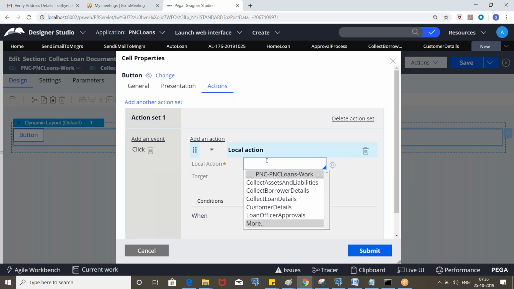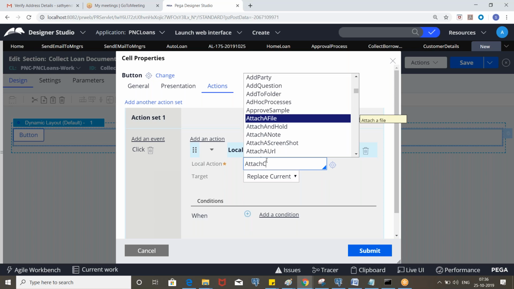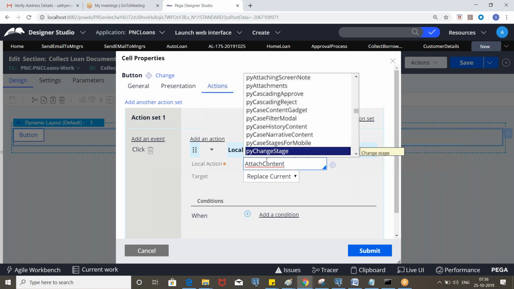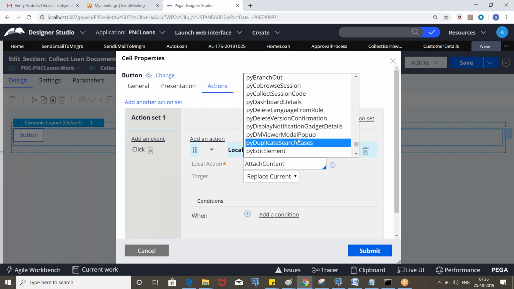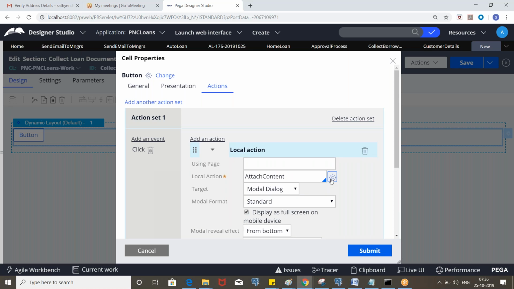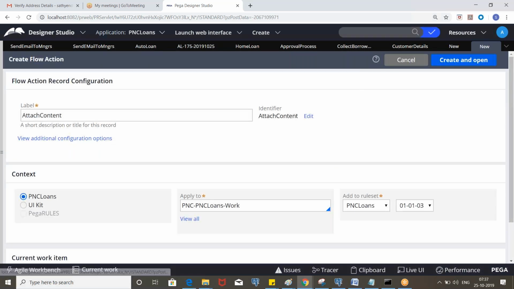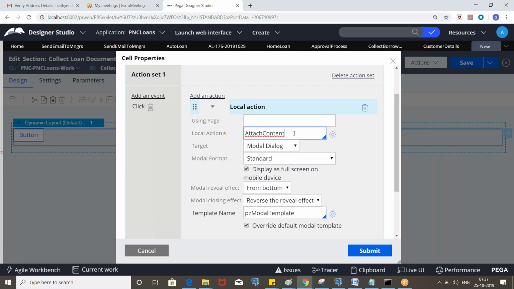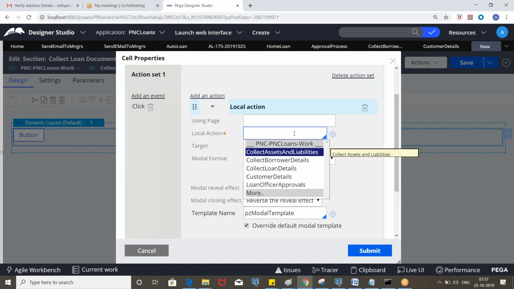We have a local action called attach content, something like that. Not attach content, let's see.